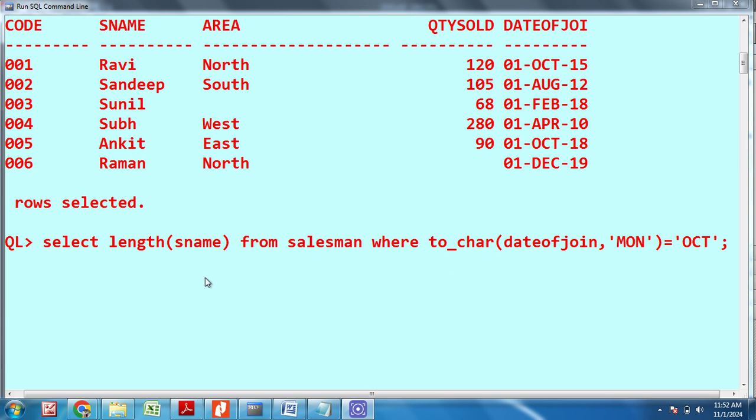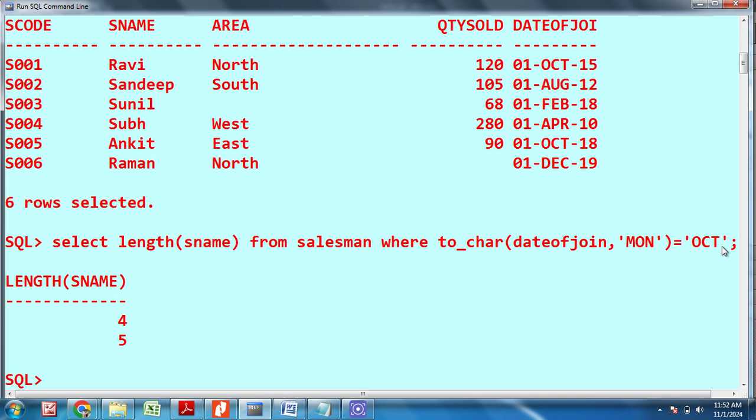So we write select length s name from salesman where toChar date of joining, comma, mon, equals October. So we can write the same question like this in SQL.